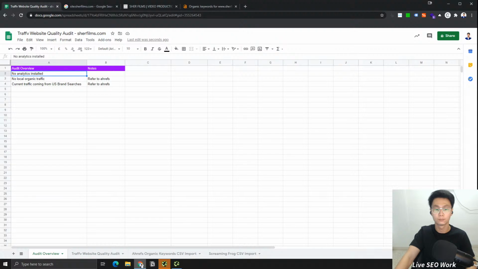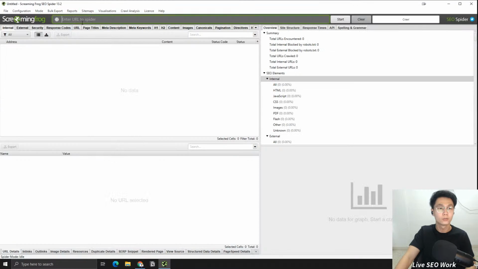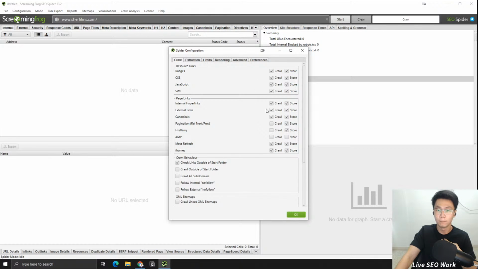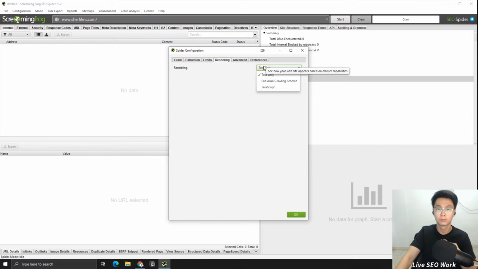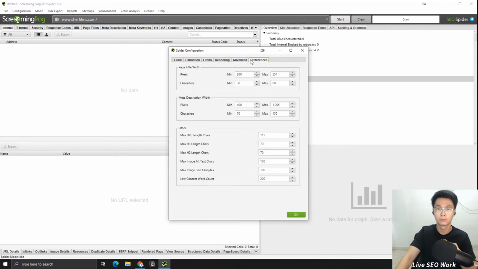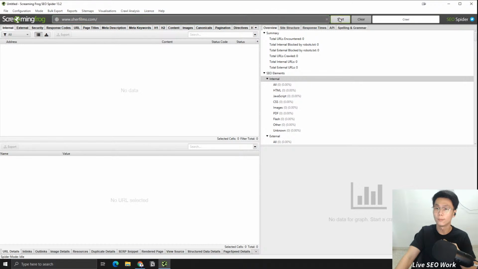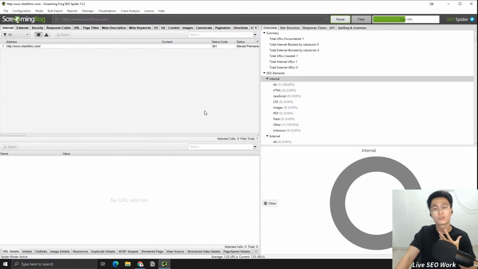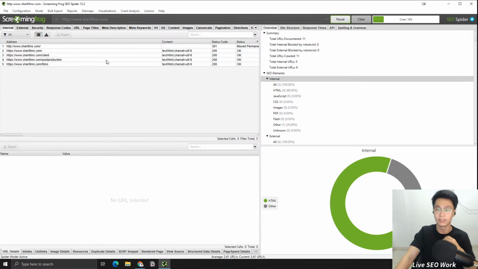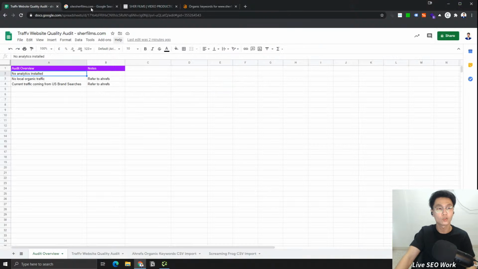Okay, while I'm waiting for it to load. All we have to do is plug in the website, and then let's just see if the configuration is done properly. Okay, and then we'll crawl the website. So this tool will go in and crawl all the pages that it can find. So while it's crawling,